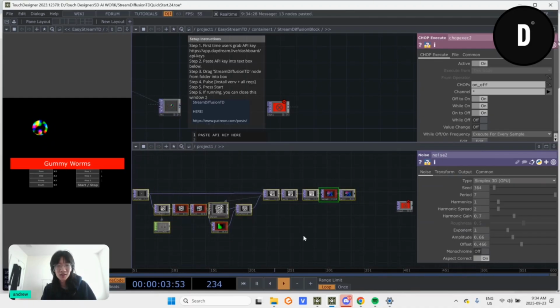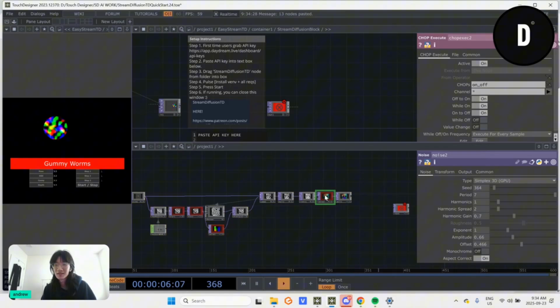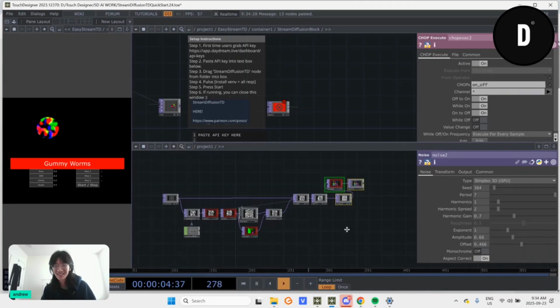This kind of looks like a dog. It's kind of awesome. Okay. Anyways,